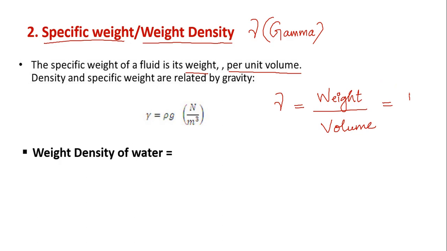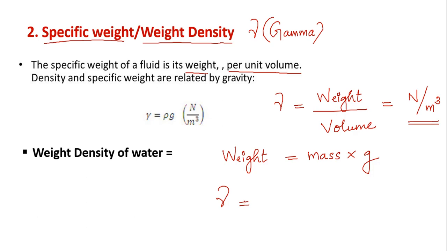The unit of weight is Newton and that of volume is meter cube. So the unit is Newton per meter cube. And we all know that weight is equal to mass into acceleration due to gravity. So here we can express specific weight as